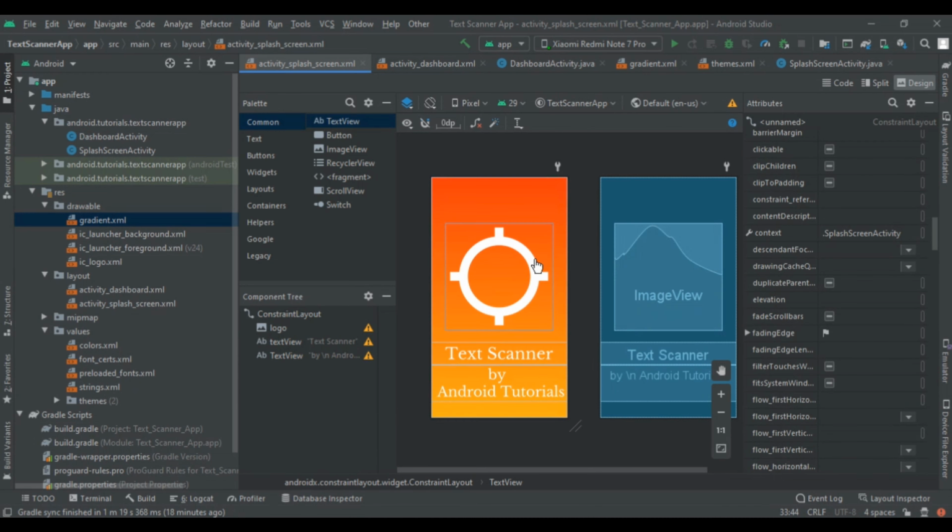So after that we have to write the animations for these folders. First give the ID.